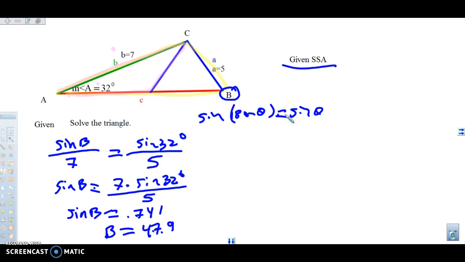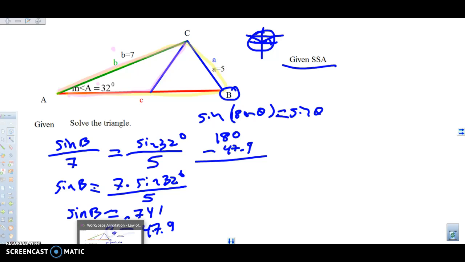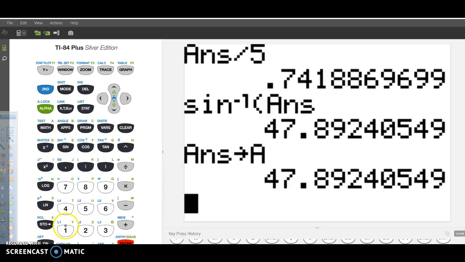Remember that from our right triangle trig, when we take our circle here, we're going to be at that same height twice. Once will be in the first quadrant, and the second one will be over here. That means that if I take 180 minus that 47.9, I have another time when the sine of the angle is 0.741. So we'll go to the calculator and ask it 180 minus that answer,